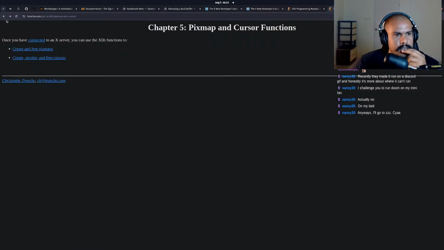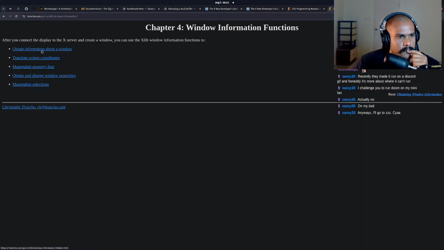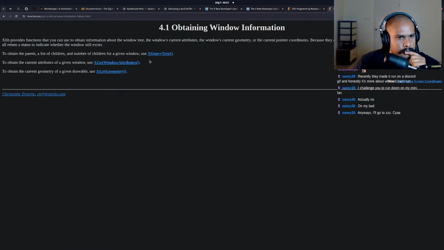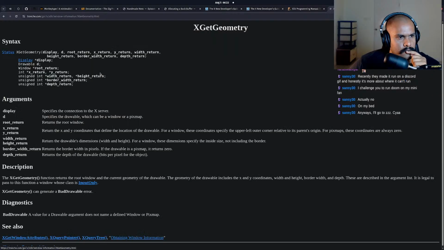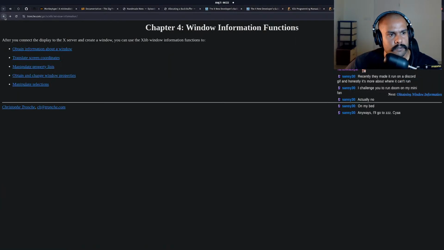And all I need is window information. Yes. XGetGeometry, display, drawable, root window, X and Y, width and height. Okay, this is perfect. This is what I need. I'll leave this open. And I need this on